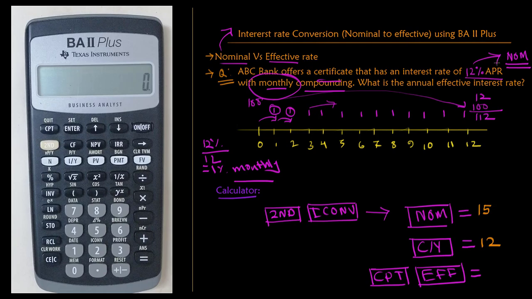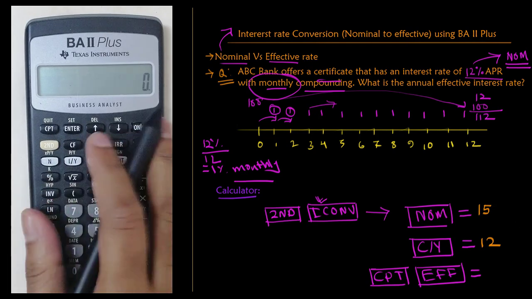Alright, now to convert this, you'll use the interest rate conversion function in your calculator. In the menu you'll see like 3 options, like you can set the nominal interest rate, and you can set the compounding per year, and then you can calculate the effective rate. You can also set the effective interest rate and tell your calculator what is the compounding per year, and then get the nominal interest rate. Alright, let's see how to do it. Alright, let's go to the calculator